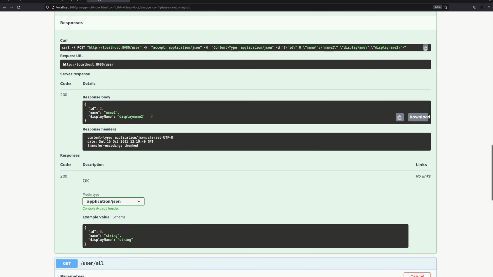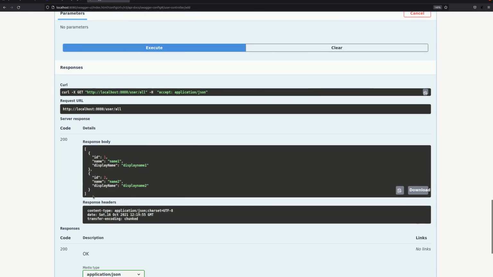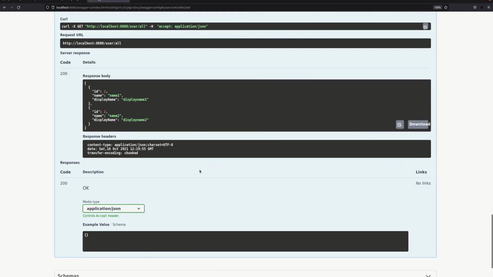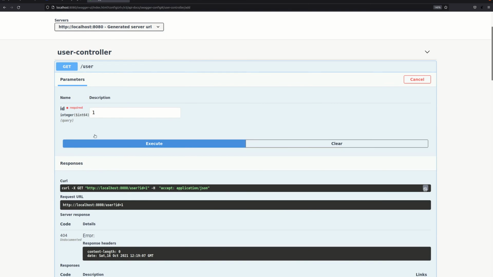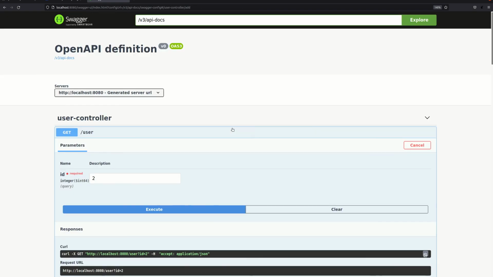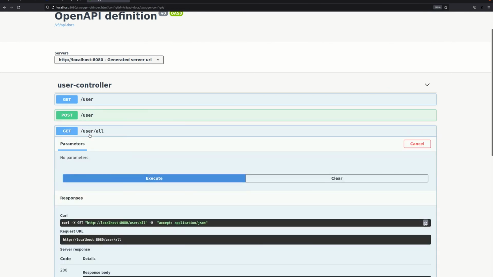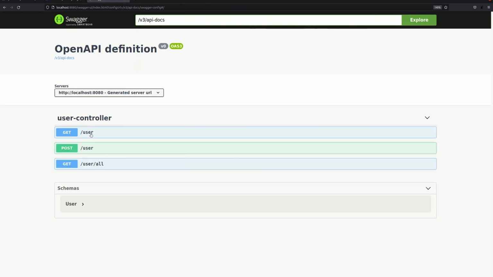So another user is added. Let's execute get all users. Yes, the 2 users are in the system currently. And let's check the user with ID 2. Yes, the user with ID 2 is returned. So you can also test your API here with Swagger.